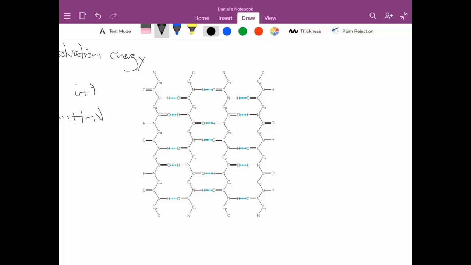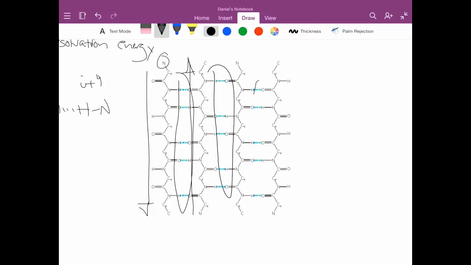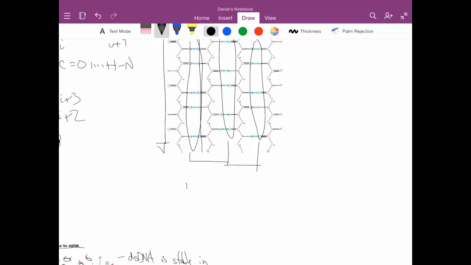Now let's take a look at the hydrogen bonding in a beta sheet. Right here we have an anti-parallel beta sheet. You can tell here's an N, and then it goes N to C here, and then N to C here. And these are associated with each other, fully satisfying all the hydrogen bonding requirements internally within the beta sheet. Internally satisfied, but